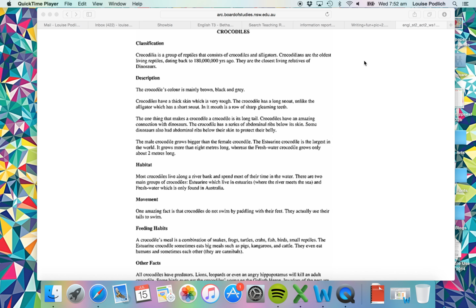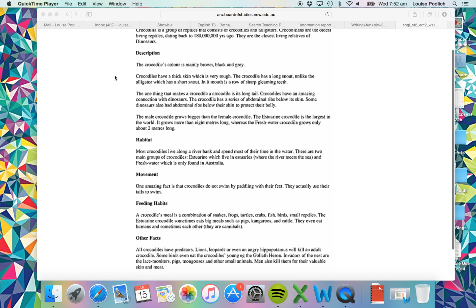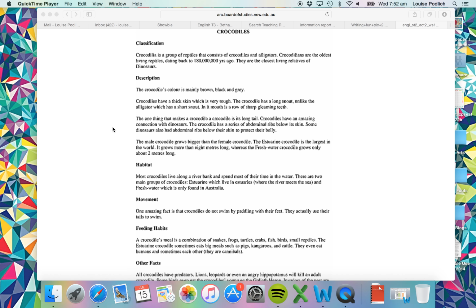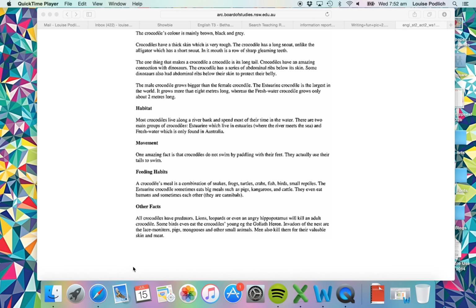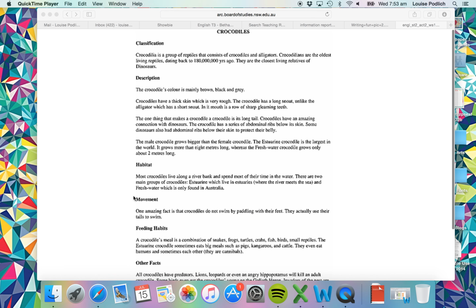So you need to make sure that on every single page in your iBook, you have a heading. So that tells the person what they're going to read about. And then you have the information underneath. So you can see that the person who's written this information report about crocodiles has got 1, 2, 3, 4, 5, 6 headings. You will obviously have more headings about the sun because you're talking about all the different things